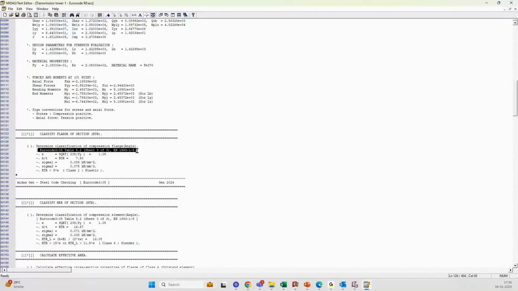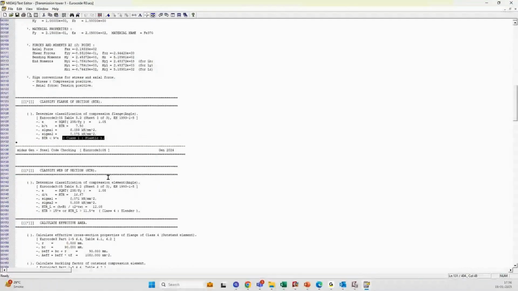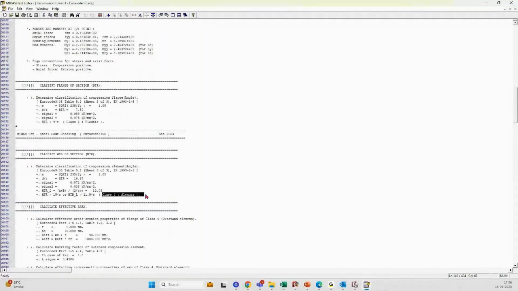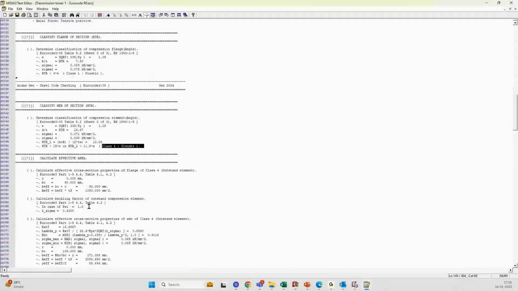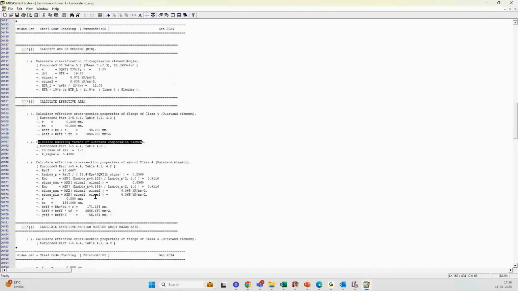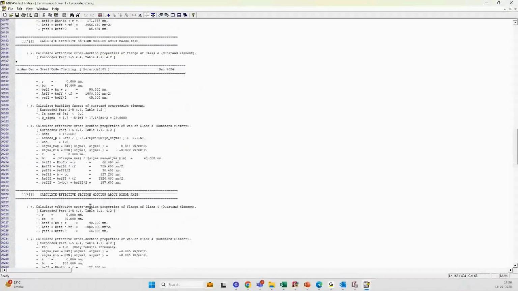Like if you go to Eurocode 3 Table 5.2, there is a classification of the compression flange. And the b by t ratio, and you can check what type of classification it is, like class 1 plastic for the flange, and similarly for the web it is class 4 slender. And it calculates the buckling factor for outstand compression flange as per Eurocode 3 Part 1-5. So in this way you will be getting the detailed calculation reports, so that an engineer gets the confidence to